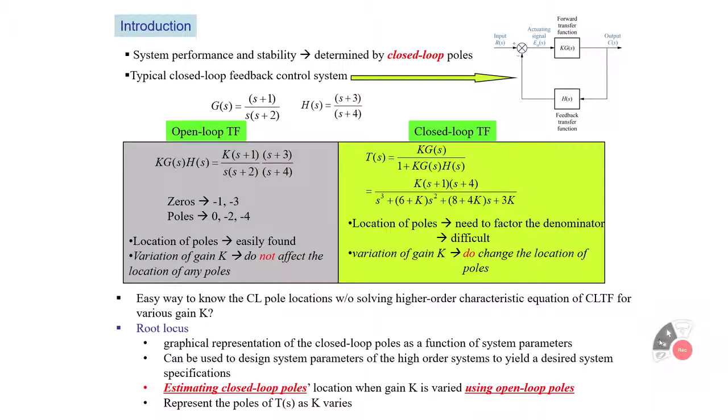What about this? This is the closed loop transfer function, right? So how can we find the closed loop poles and the closed loop zeros? To find the pole for this closed loop system, we need to solve this characteristic equation. This must be 0, and we need to find out the root of this characteristic equation. 이거의 근을 찾아야 되잖아, 그지? So, which one is easy to find the poles, open loop or closed loop? Open loop. By simply looking at it, we know where the poles are. 보기만 해도 폴이 어디인지 알지? 그지? But for the closed loop system,